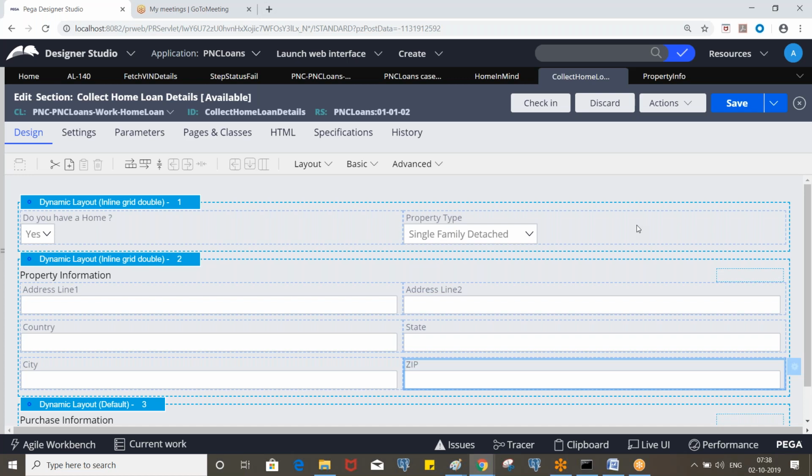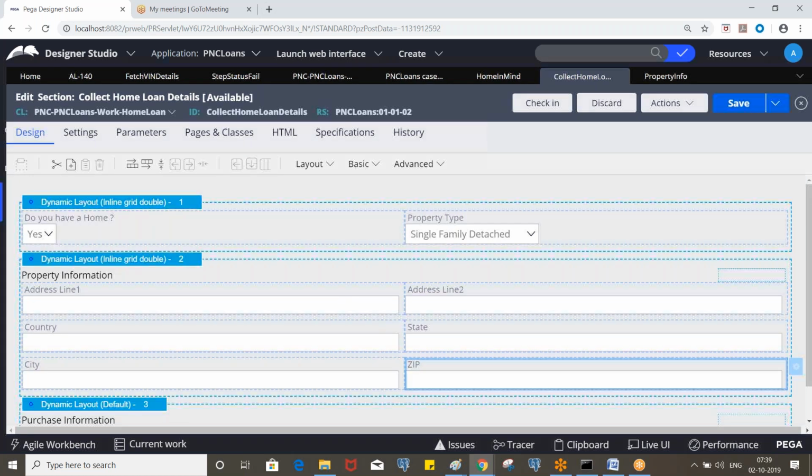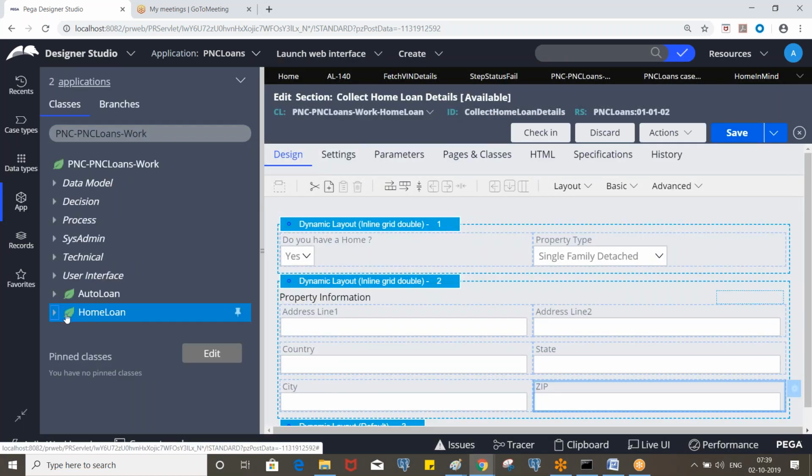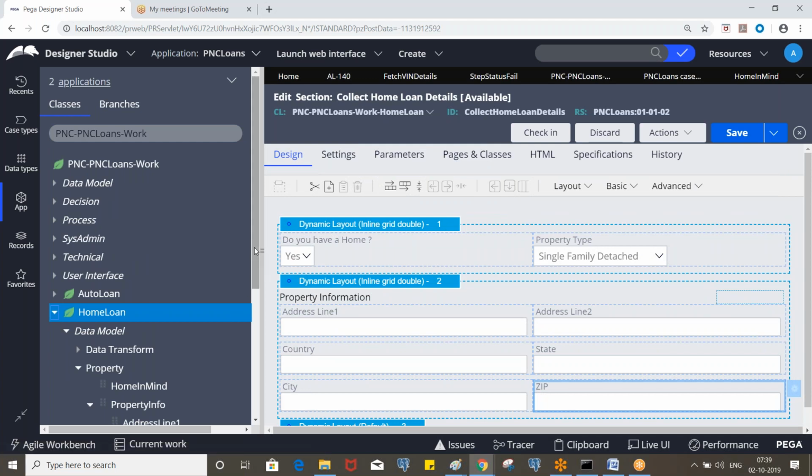So yes or no. If use current address is yes, you need to copy the borrower current address details to here. Otherwise, you need to make it editable, the same way how we did current address and permanent address. You can reuse the same data transform, or you can create a new one. Try to put the logic in the same data transform. Otherwise, let's create a new one.